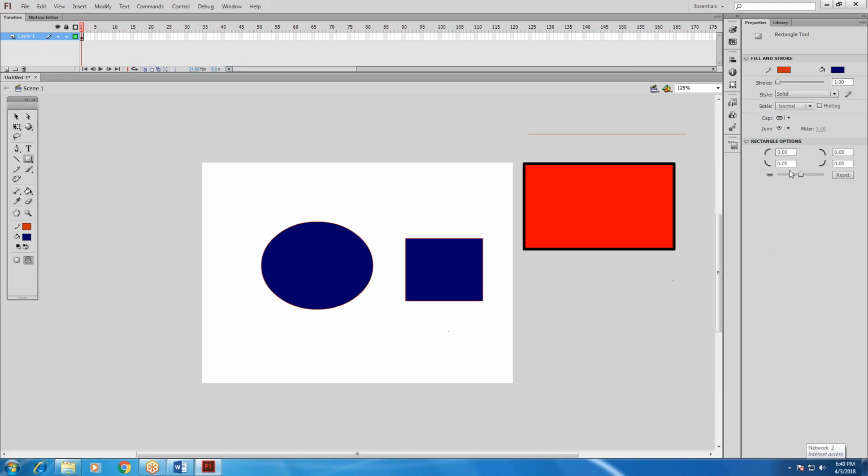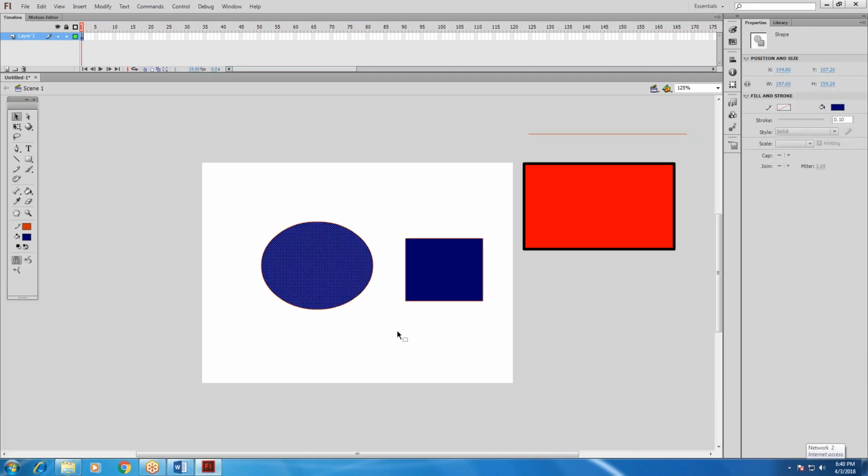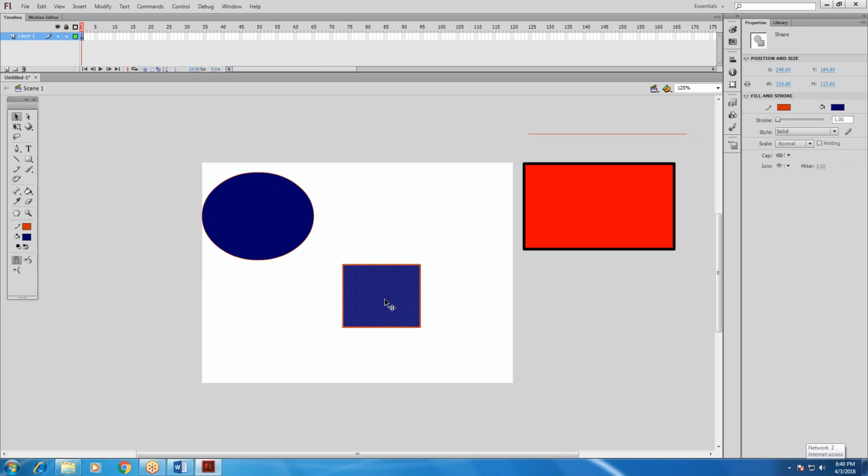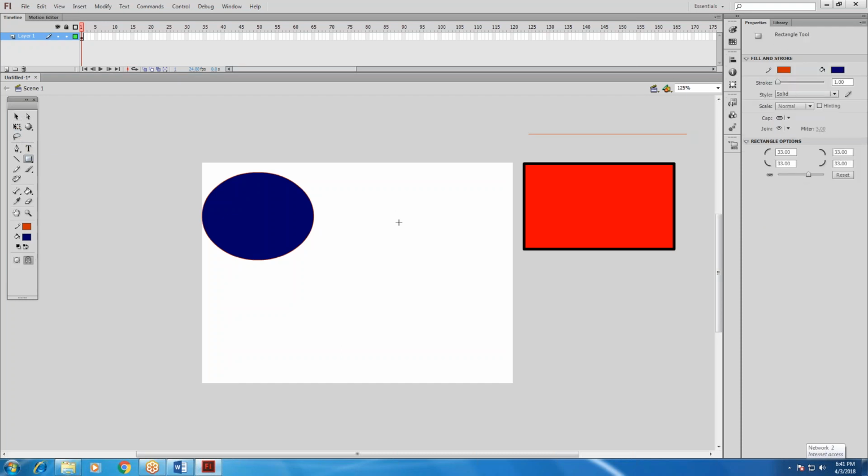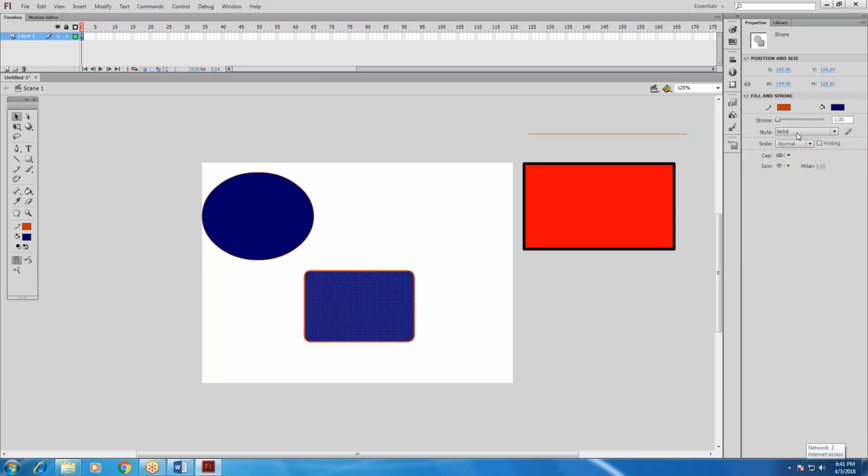Here it shows sharp, and you can give the angle also. After drawing also we can do this. You can increase or decrease the line.